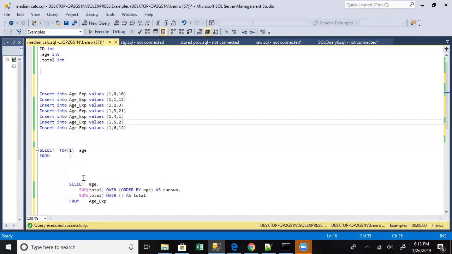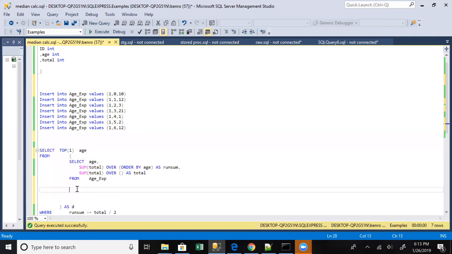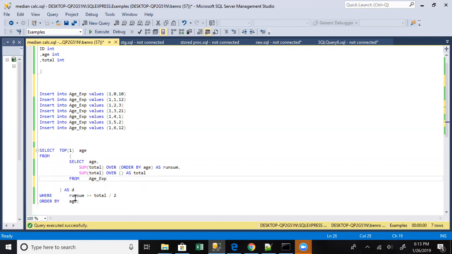And so that's where the outer portion of this query sits. And that's where this where statement comes in. This where clause at the very end says where the running sum is greater than or equal to the total divided by 2. Again, that middle number. And you could be more specific with this. People who are more exact about median and what it means can be more specific about this. But